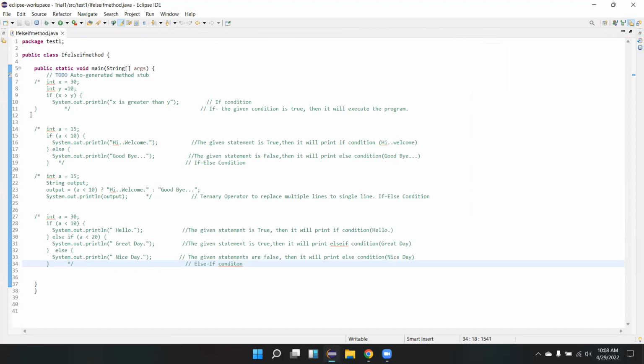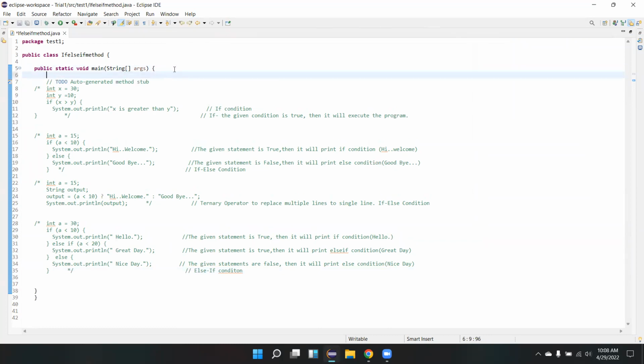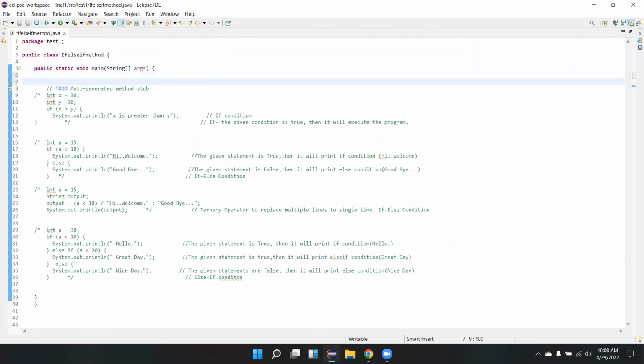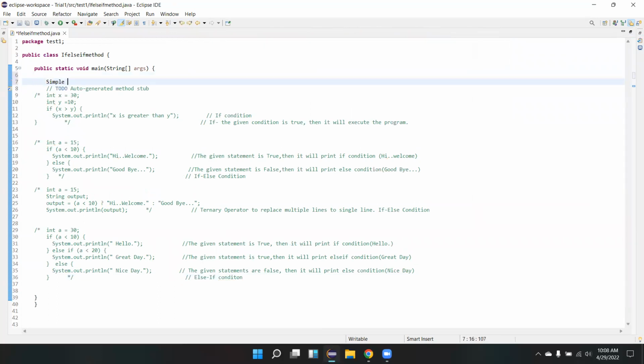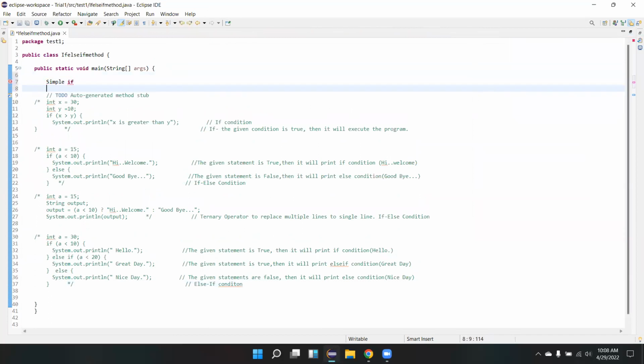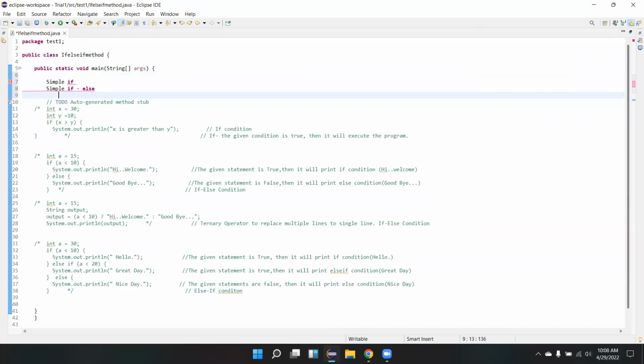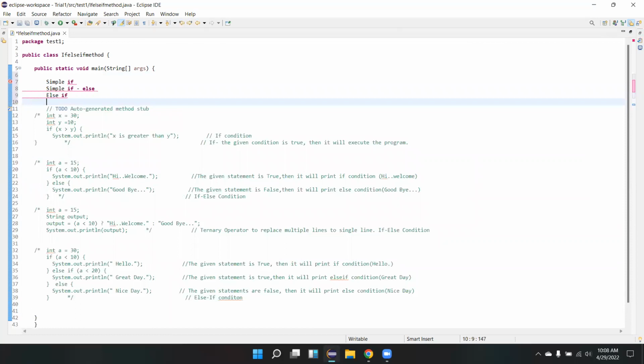Okay, so first of all, in the if conditions we will have 4 basic things: simple if, simple if else, else if, and nested if.